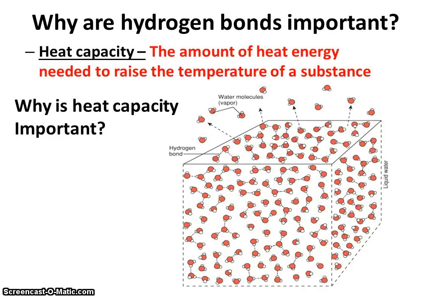Water is said to have a very high heat capacity. It takes a lot of energy to heat up water. Or in even simpler terms, water heats up or cools down very slowly. It's an insulator. But why do we care about this? Well, we care about this because most of the life in the ocean, fish and snails and crabs and plankton and bacteria, all of this life is cold-blooded.